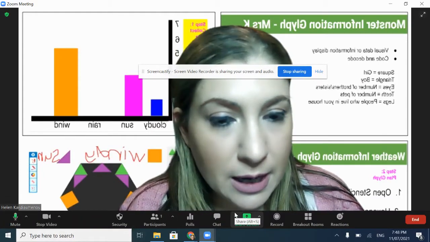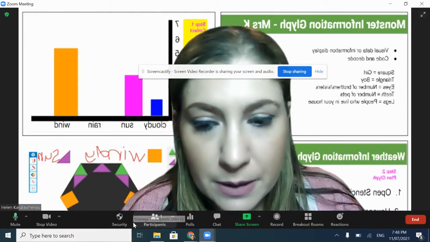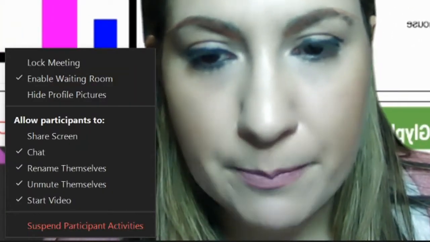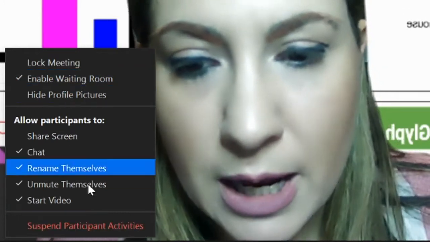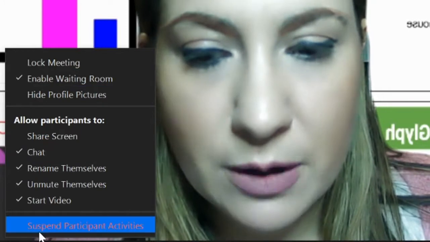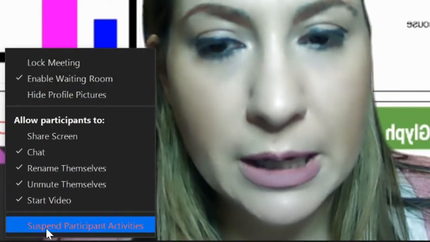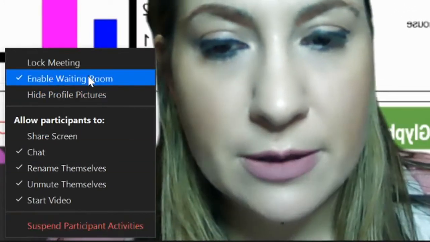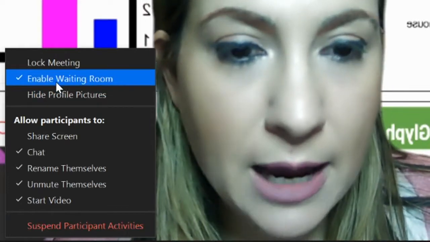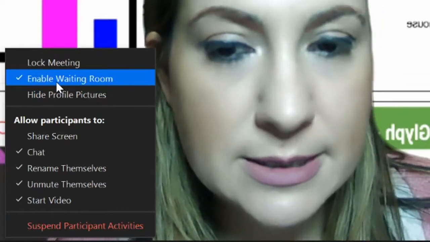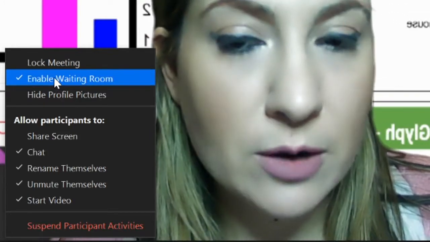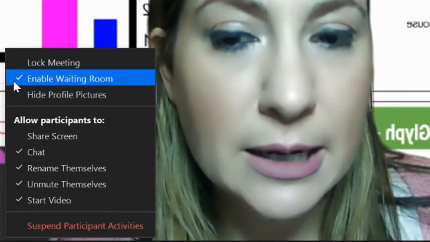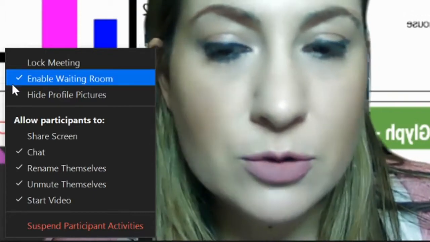Now we've got some other important buttons along the bottom here. I've got this security button here, which I don't really mess with. It's just set to default. But I can use it if I want to suspend particular people from the meeting, or if I want to lock down the meeting. And the one thing that I have enabled in my meeting settings is the waiting room. So if I decided, look, I don't want a waiting room anymore, I can just uncheck that mark there, and that would just let people